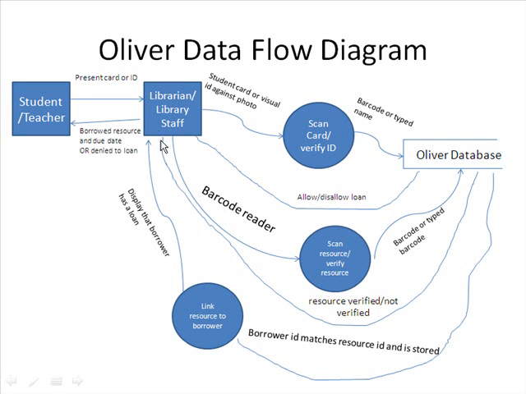So now we've got a process of scanning the card, the database replies, scanning the book, the database replies to the librarian. What happens next? Well, the item, the resource, book, CD, DVD, laptop, whatever, has to be now linked to the borrower. So in a sense, it's matching two barcodes up with one another in a transaction table. So you can see this process here, link resource to borrower. So the borrower ID matches the resource ID and is stored in the database, and then that is then displayed